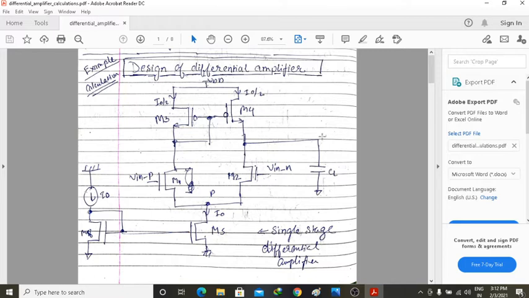We take the output from here itself. How all the theory works, and what the design constraints, design variations and fluctuations are, everything I have done a literature survey of it. You can refer to it. I will be attaching the PDF literature survey from the lectures of Razavi online. I don't think any research paper would cover anything more than what Razavi sir has taught, so that would be more than enough for you. And this is the CL, the load capacitance, the value of which I am going to tell you now.